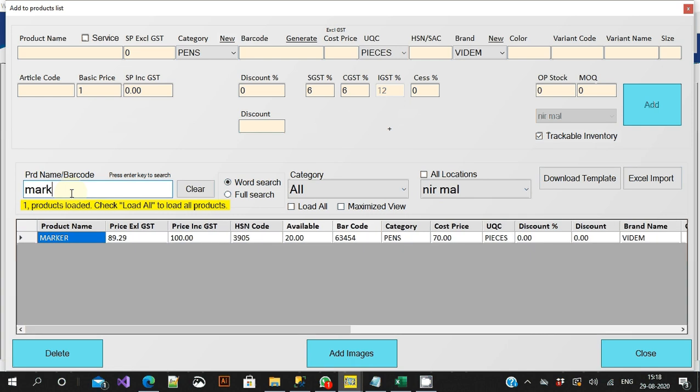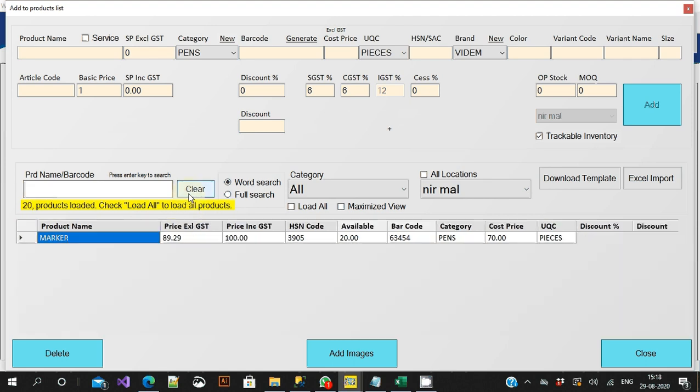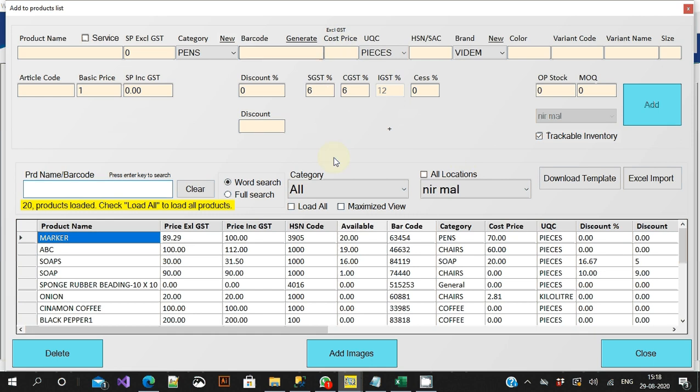Marker got added. 89 rupees 29 paisa is the amount excluding GST, and this is the sale price including GST. Hope you have understood how to add an inventory item, which is the definition of the product.